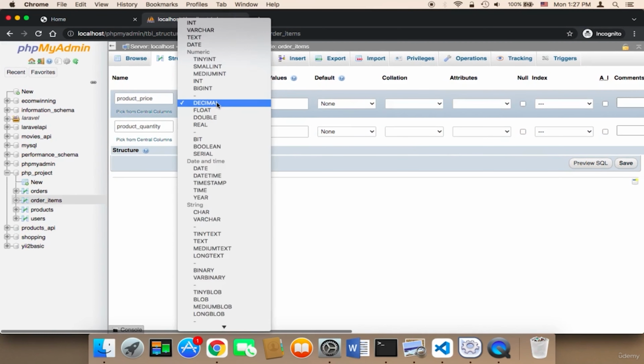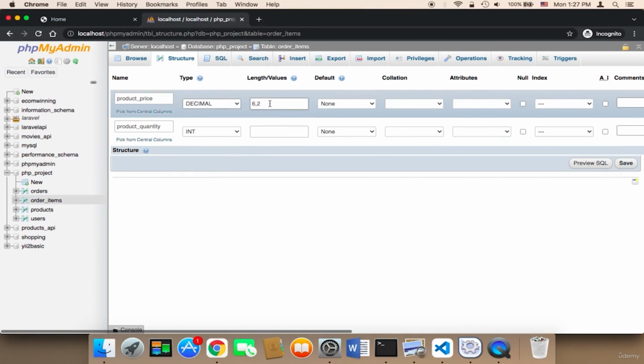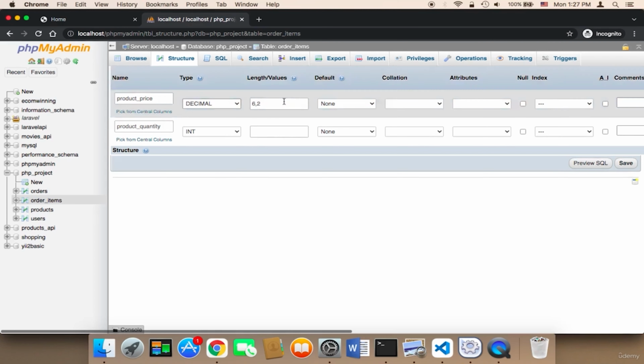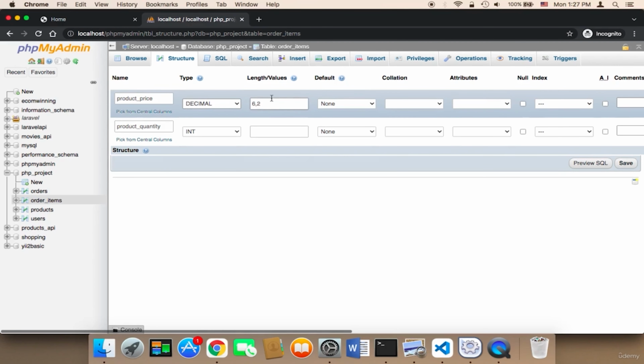The decimal, let me check the decimal. So we have the decimal, and 6 means that it's going to be 6 digits, and 2 of these 6 are going to be digits after the point. So let me click on save, and